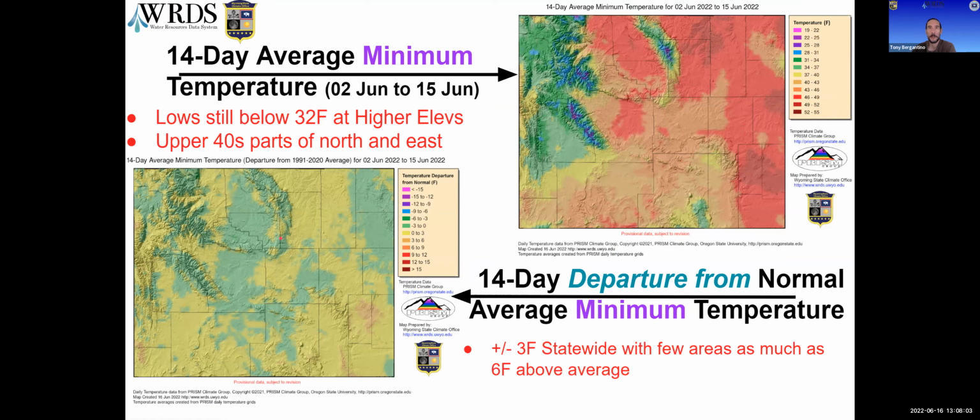Looking down here in the lower left as a departure from normal, we're seeing minimum temperatures plus or minus 3 degrees Fahrenheit statewide, with a few areas down here, a little bit in Albany, some over here in Uinta, Lincoln, and then up into Platte and Goshen, where we were seeing 6 degrees above average, but fairly scattered across the state as far as departure on the minimum side. And as we look at the maximum side,